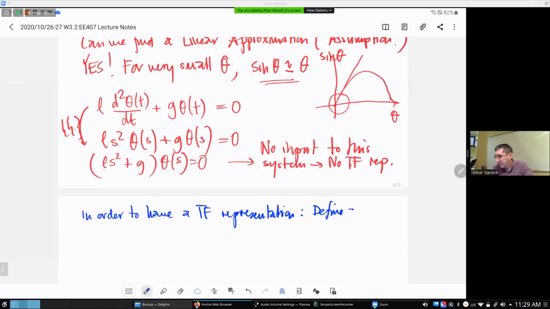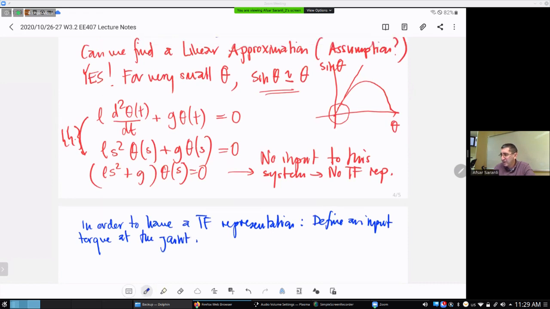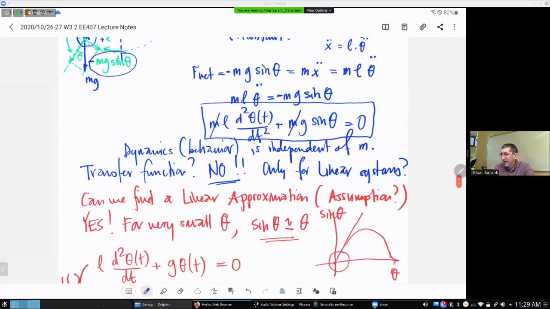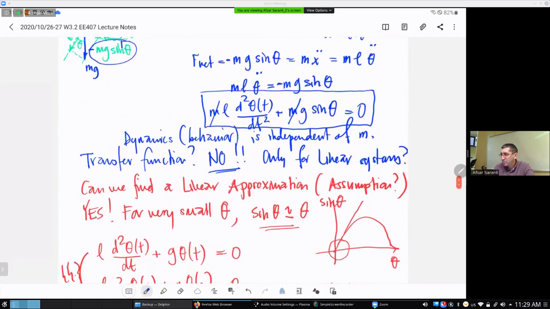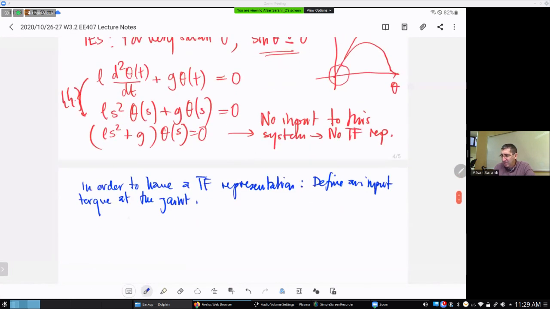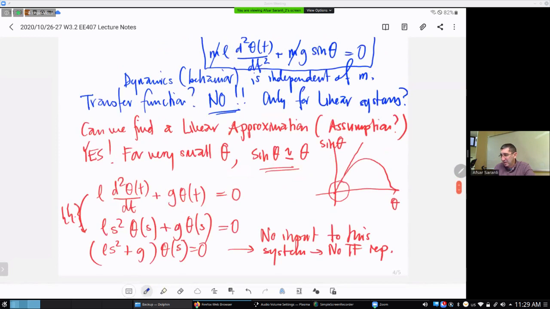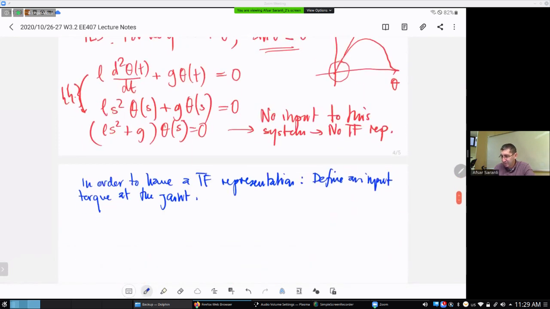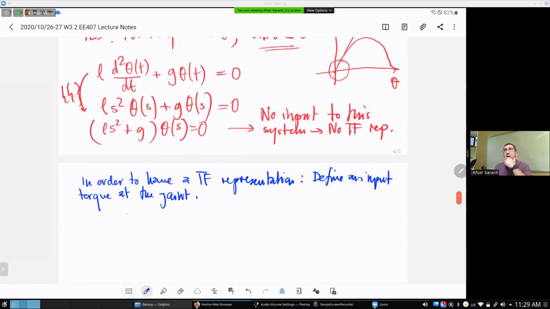Define an input torque at the joint. Okay. In that case, what you will have is that your equation will become, okay. So